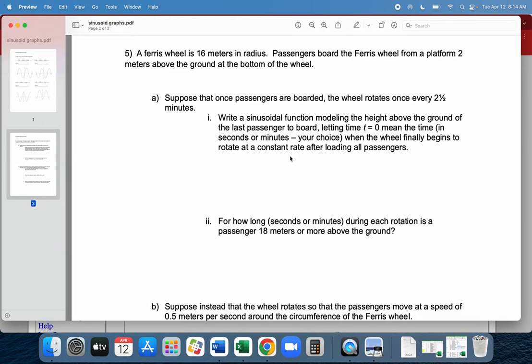If you remember the set of relationships we had on the board that we used for computing arc lengths and distances and xy coordinates, the distance around a curve in radius lengths is the same as the angle measure in radians. If you want to measure it in feet or inches, whatever length units you measure the radius in, it's that radius times the angle measure in radians that gives you the distance around the circumference that you've